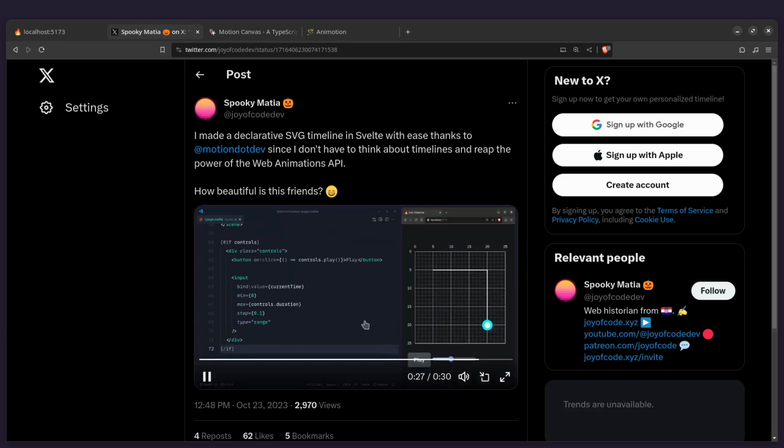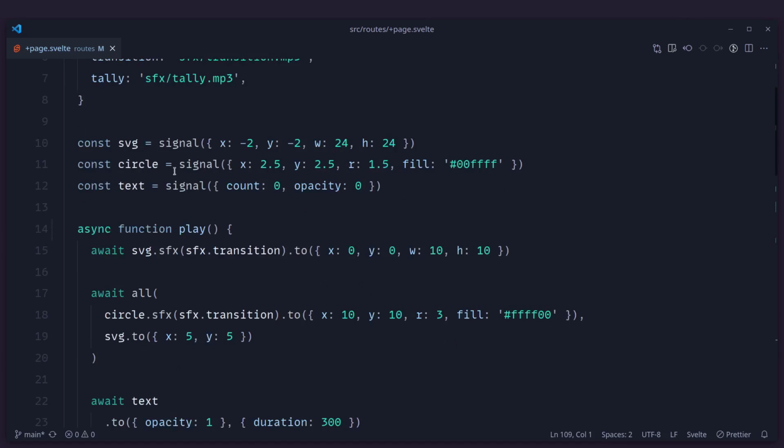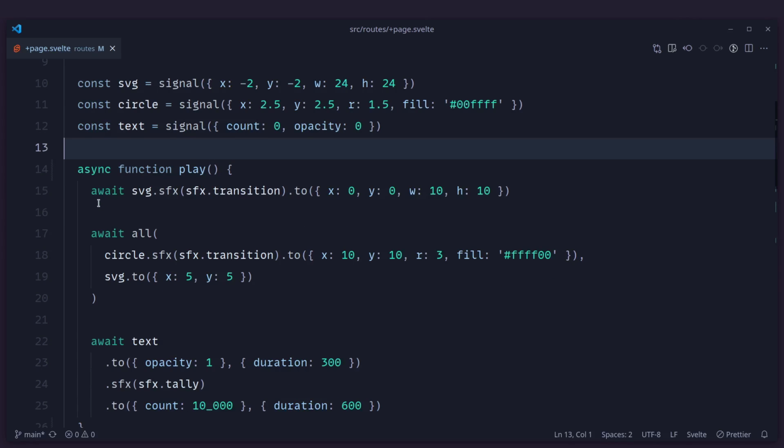So basically this was my research, and let me show you briefly the code, how this looks. Here we can define values that we want to animate. I named this signal because a store in Svelte is basically like a signal, but it's really not a signal. You can learn more about stores in my other video, but we just define values that change over time like Motion Canvas does it, right? And here is how we do it.